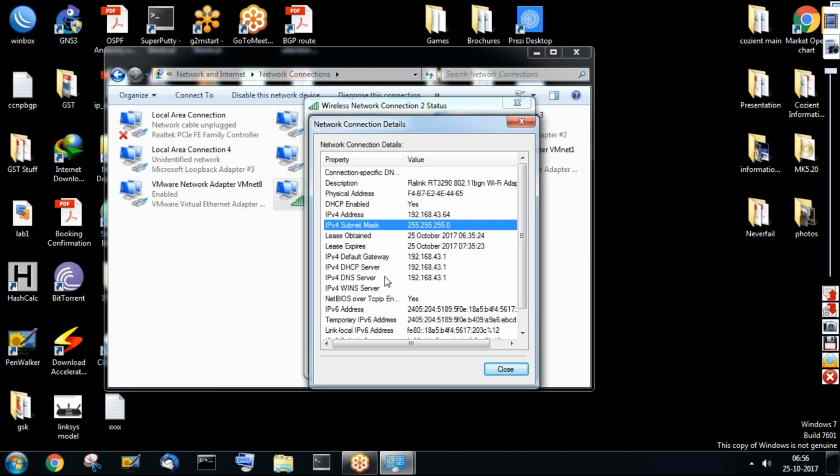24 bits are on and 8 bits are off. Exactly. So if you put these two together, what does that mean? That the first 24 bits are something and the last 8 bits are something else, right? Yes. Okay. Now here is where your subnet mask tells you the first 24 bits belong to the network, and the last 8 bits are the individual name. It's like a family name and the individual names.